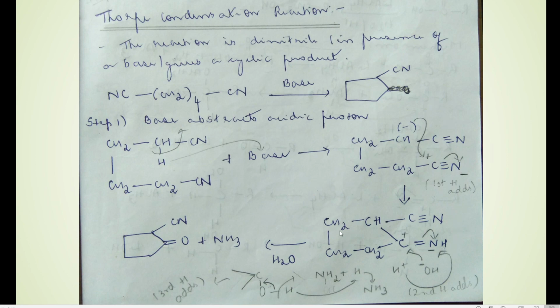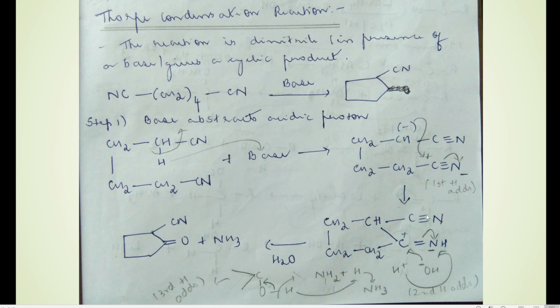Now what do we have? Everything else as such, CH2 CH you will write, and there is a bond formation between this carbon and this carbon. So join it and write, and there is C triple bond N, CH2 CH2, and C. Before it was triple bond, now one bond got shifted here on nitrogen, so it is C double bond N, and one H is there. What is the next step?